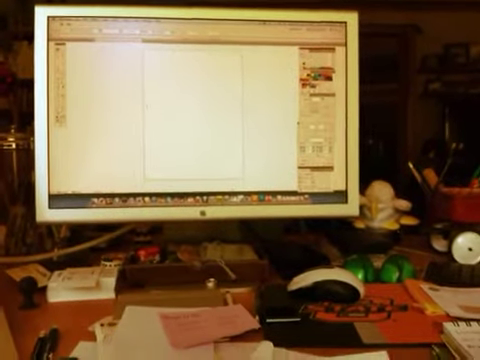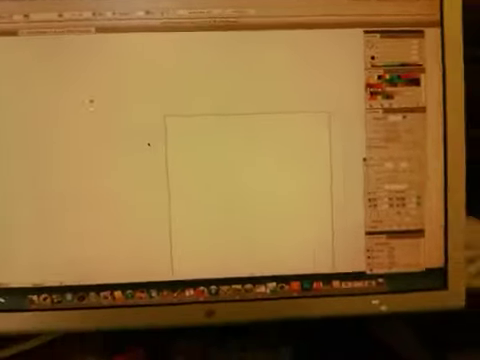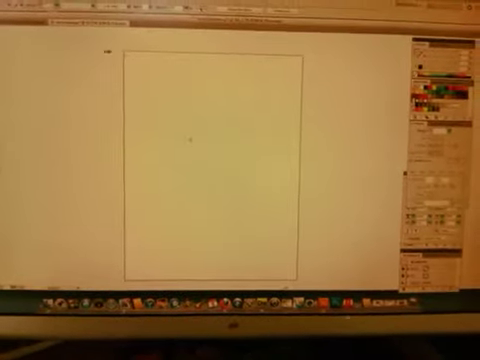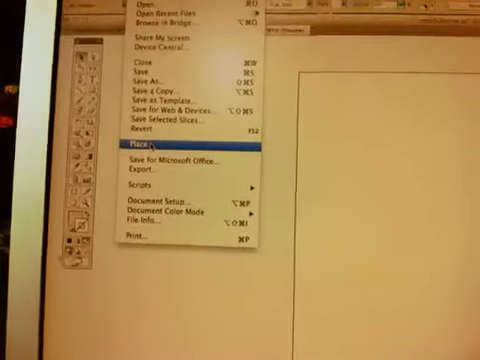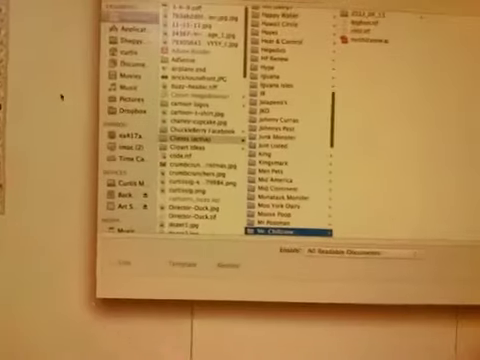we open up a blank page in Illustrator. I just go to Illustrator and we've got a blank page, and what you want to do is find your inked drawing. So I go up to File, and what we're going to do is place it. Place, and then what I do